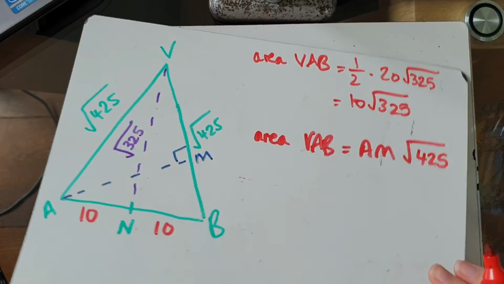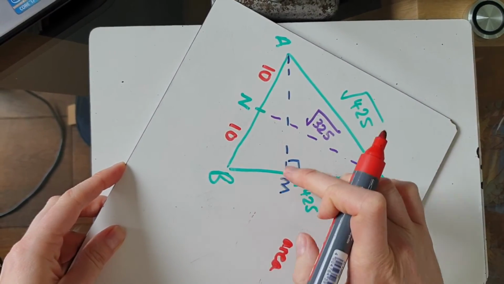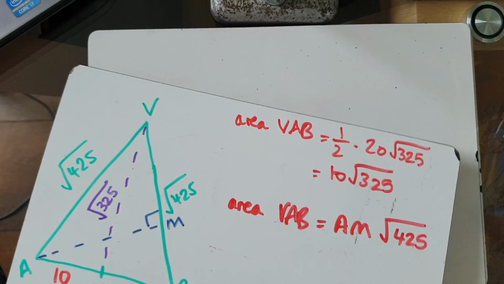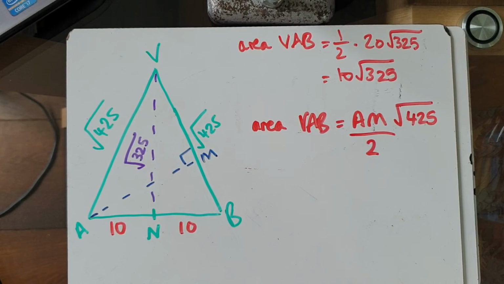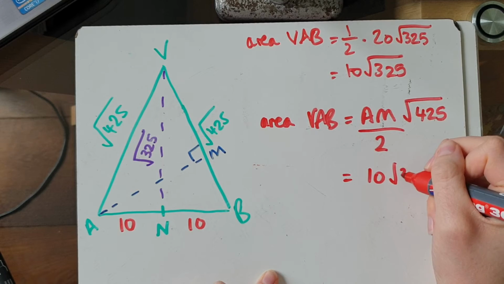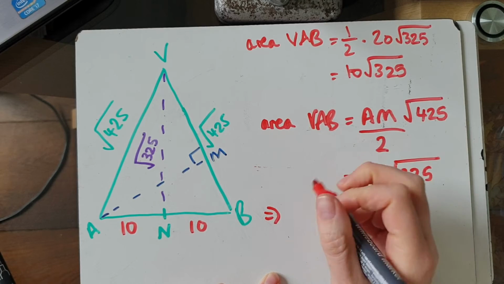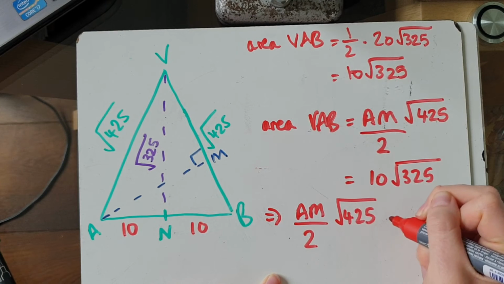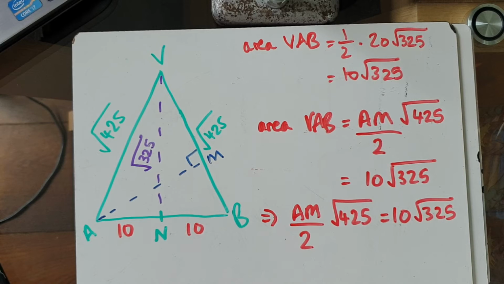I'll just show you again why that is, because if we make root 425 the base, and then this is the perpendicular distance, then half base times height would give us the area. That's just reminded me that I would need to divide that by 2. But we already know that the area of VAB is 10 root 325. So we know that the length AM over 2 times root 425 is equal to 10 root 325, which means that